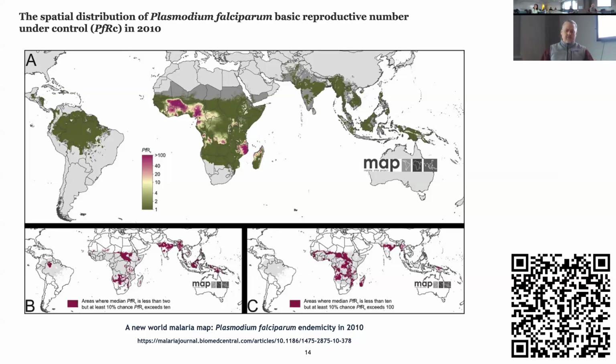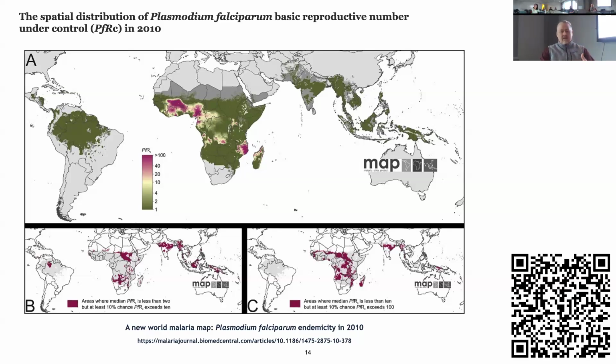Okay. And so this is something we published in 2011, where we now have the first global map of R naught for malaria that had ever been published. And we of course propagated uncertainty through this. You don't see it in this figure, but in the appendices we do a great job. And we try to give you some sense down below of where we're not so sure. There are various ways of representing uncertainty, but now we have a basis for setting thresholds.